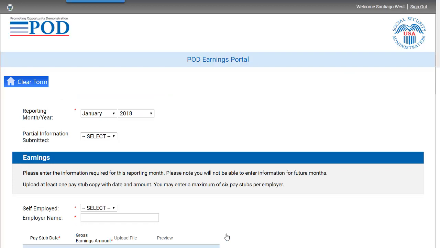First, I will select the reporting month and year. Because it defaults to the current month, I do not need to make changes here, since I am reporting for January 2018. In the Partial Information field, I'm going to select No, because I have all the pay stubs for